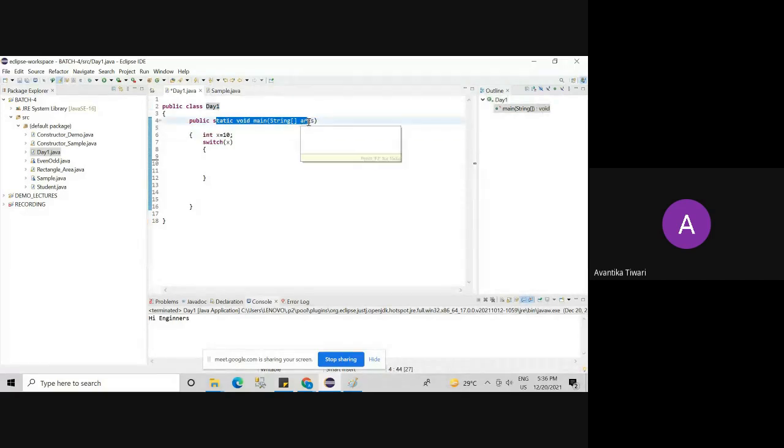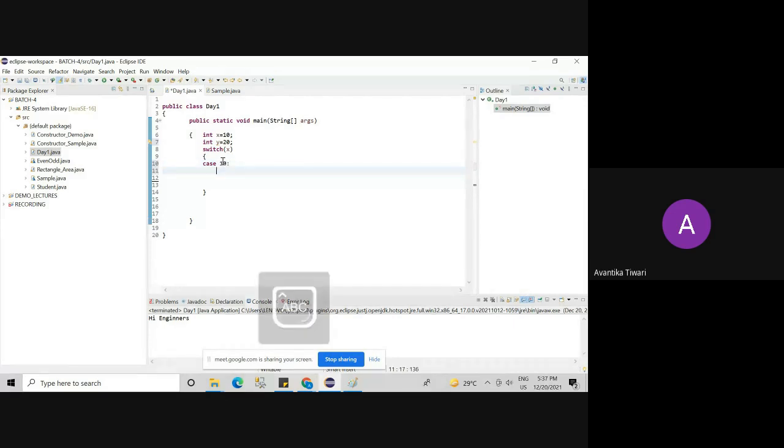Those who are coming for the first time, if you want to know the details of the main method and how we create classes and objects, I will share the link of the videos that we have recorded through these sessions. Now we will start with the switch statement. I have one variable x initialized with 10. Another integer variable y initialized with the value 20. Then switch x, I am passing one label. What is the data type of x? Int. Is it valid?